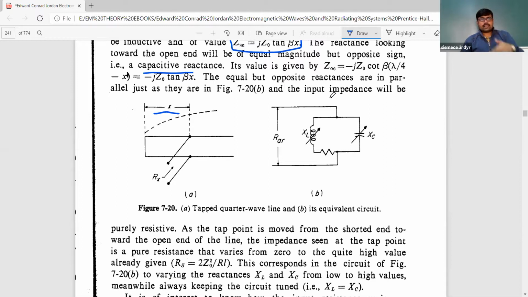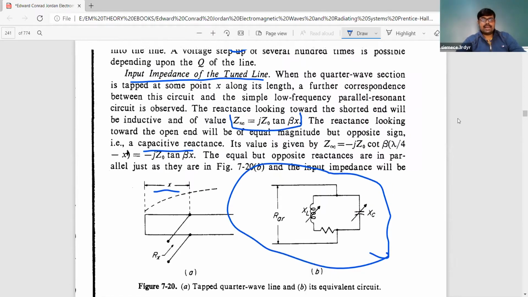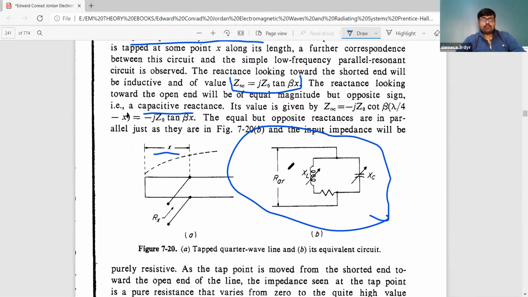Now we are discussing the first case. We have seen the figure 7.20a. Now we are visualizing the particular figure 7.20b, this section we are discussing. In this, XL and XC have a variable sign, so they will vary. What we want to identify is this RAR value. If you see the pattern of the figure, you will find the different values of ZSC and ZOC we are defining.